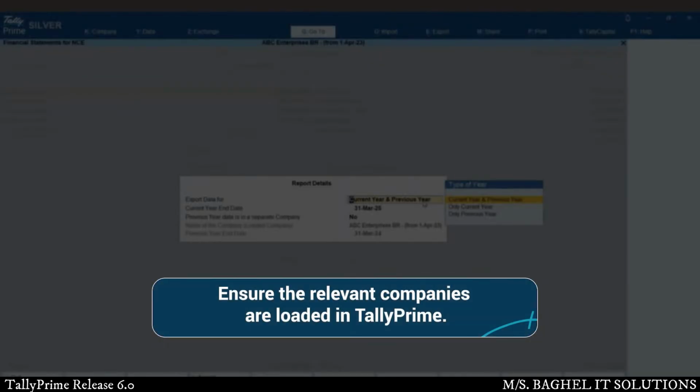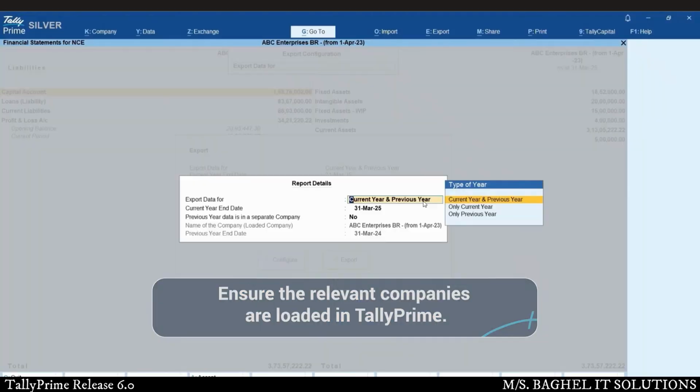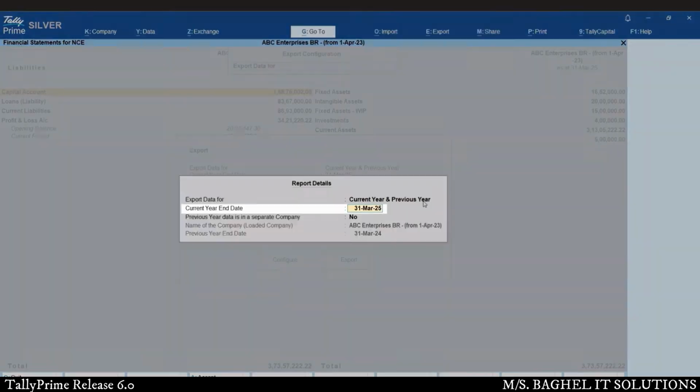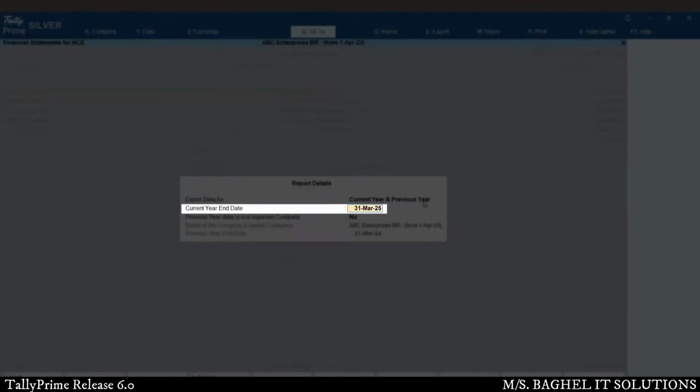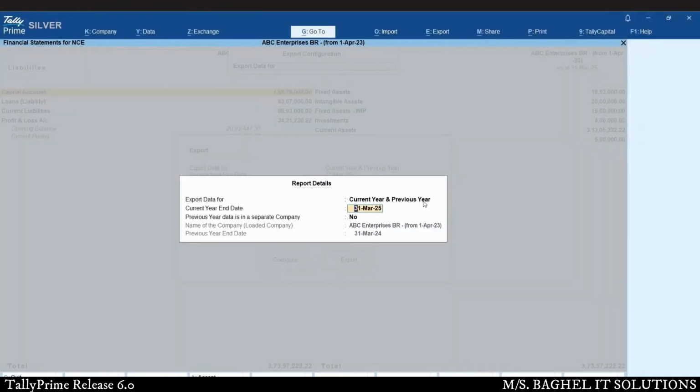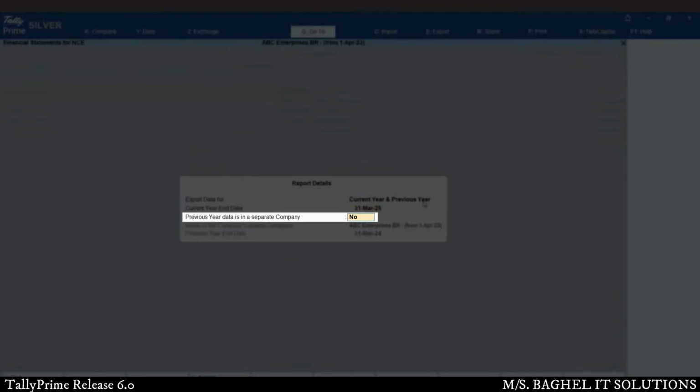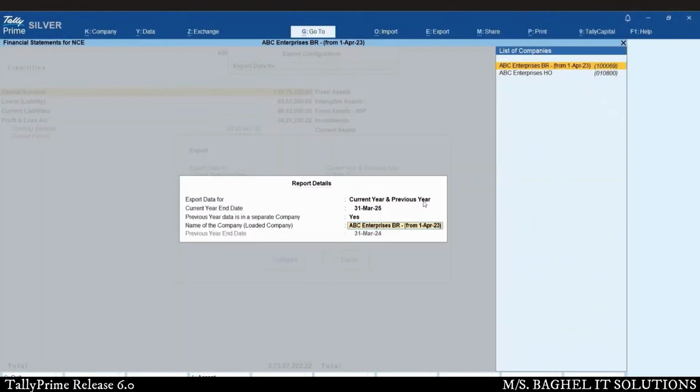Make sure the relevant companies are loaded in TallyPrime before selecting them here. In current year end date, update the date if required. Note that if the date is earlier than the company's books beginning from date, the exported data will be blank. Set previous year data in a separate company to Yes if needed.